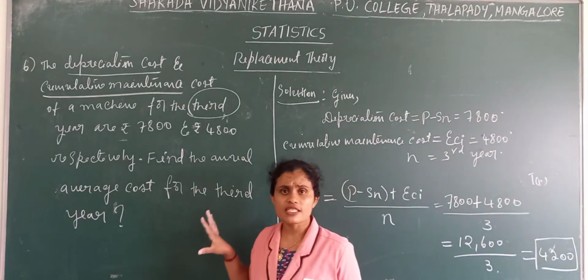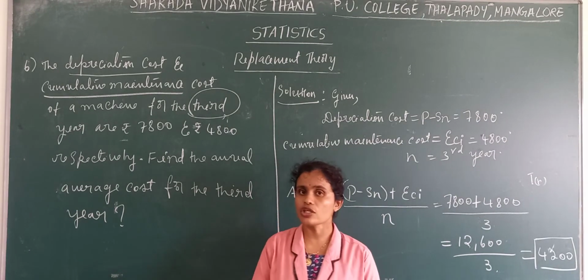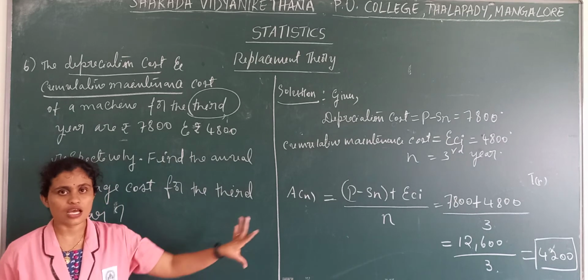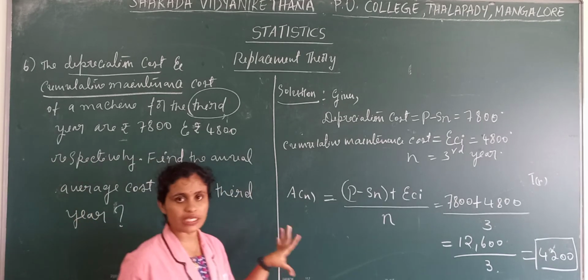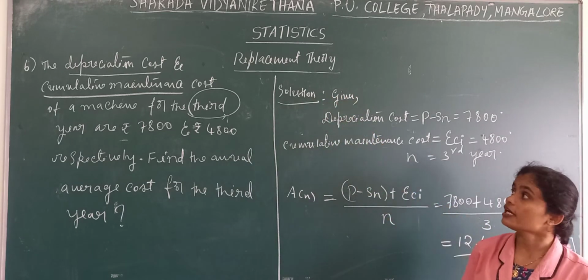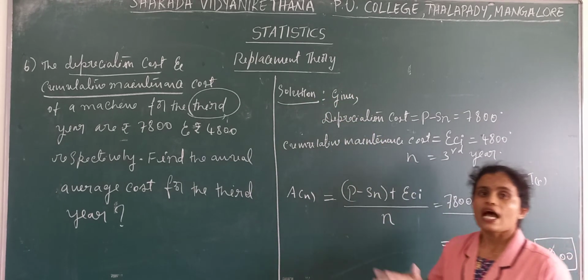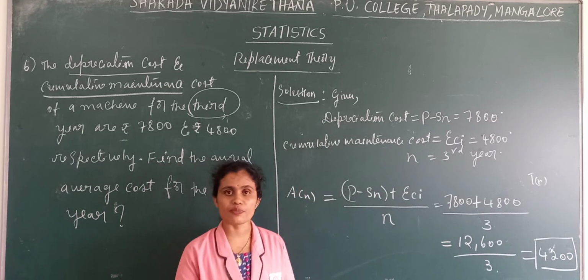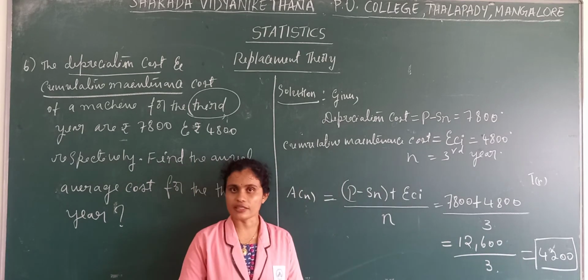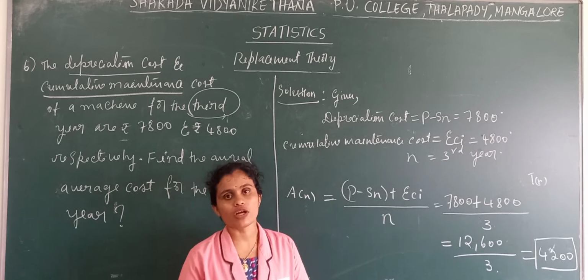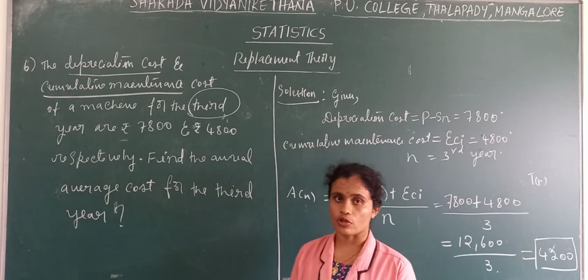In the last chapter it is the easiest section, and in your whole second year book also, it is the easiest topic. You can understand it very easily. So with this we can wind up the 4th unit, that is replacement theory, and now in the 8th chapter only one last unit is remaining, that is inventory theory. With that we can wind up the 8th chapter. Then 2 further chapters will remain for us.